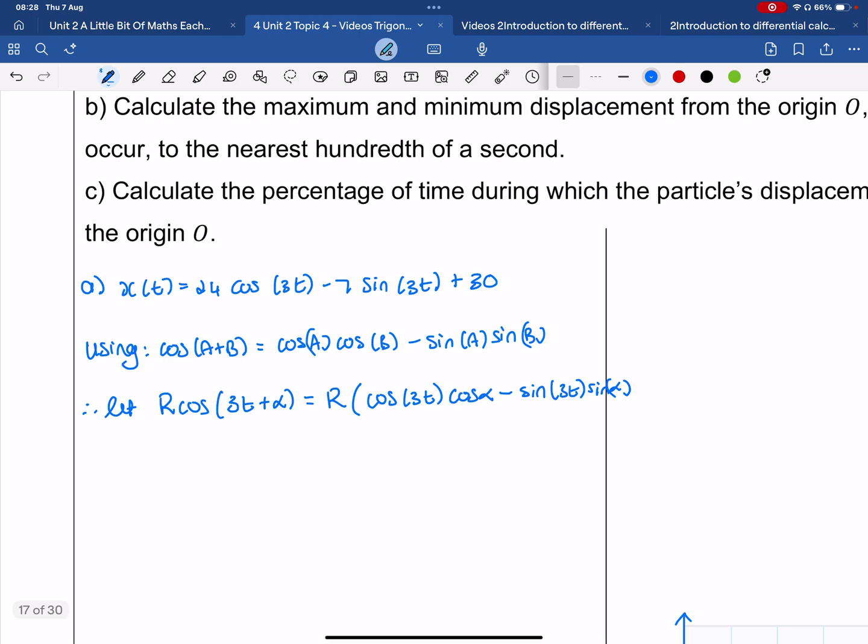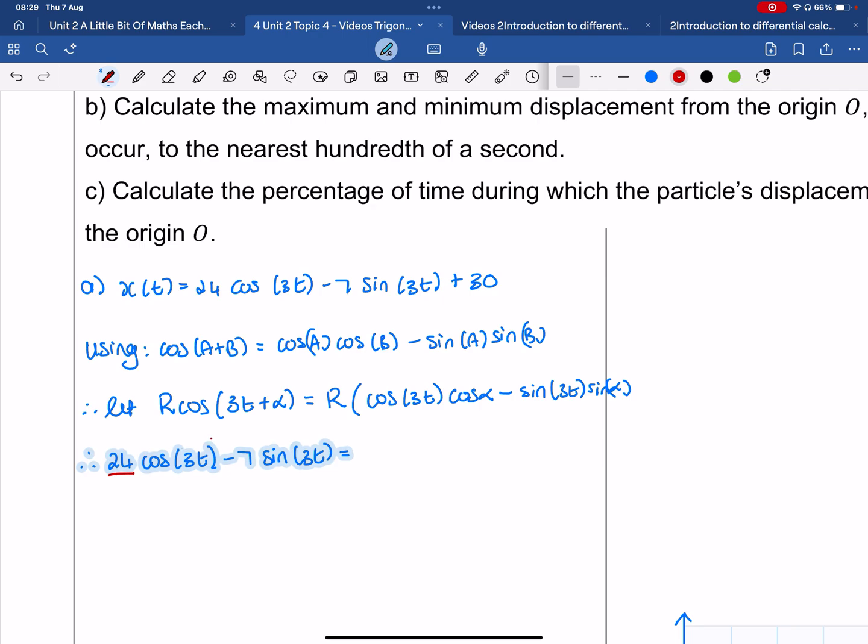So I can therefore say that 24 cos of 3t minus 7 sine of 3t is going to be equal to, now be careful, look here,